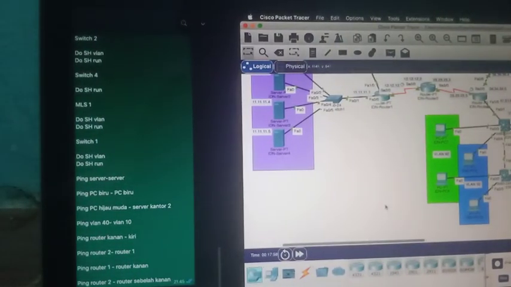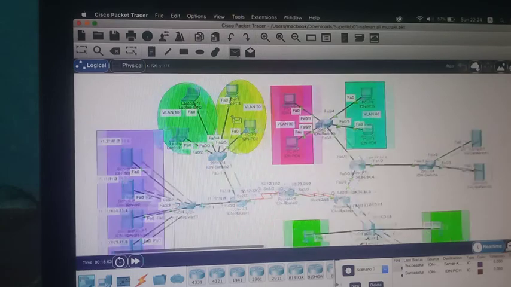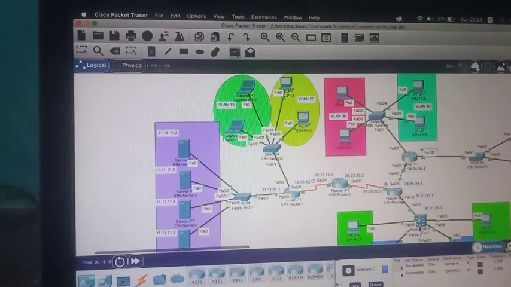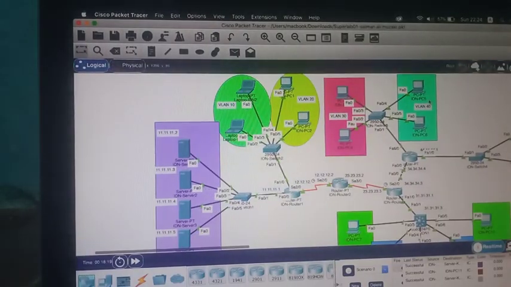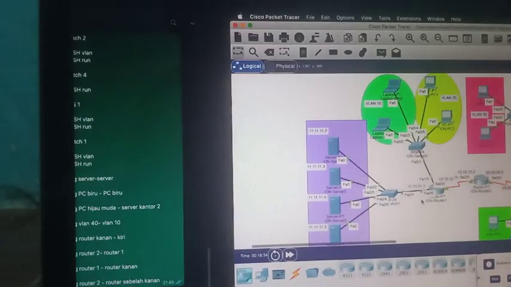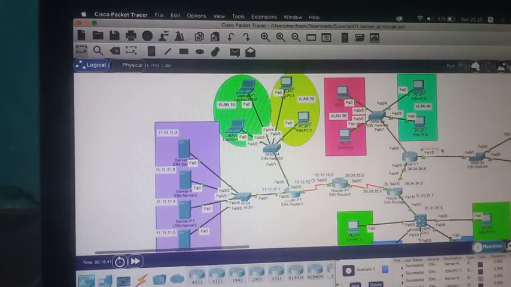Ping 3, for this to this, successful. Next we ping to the router.